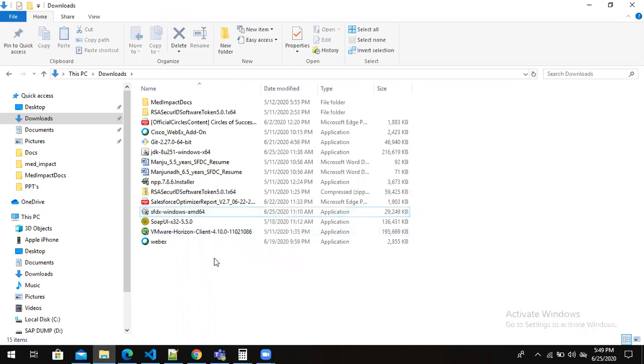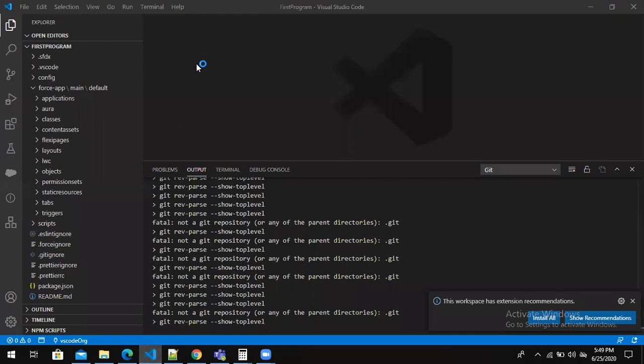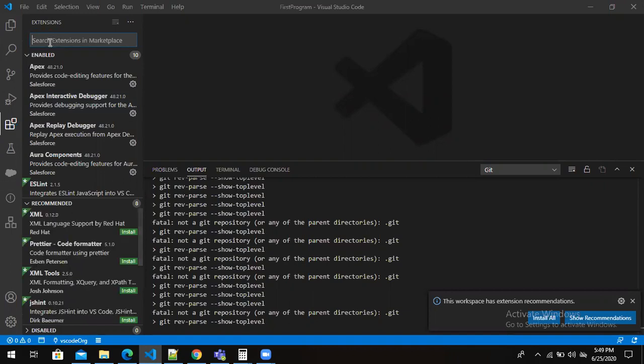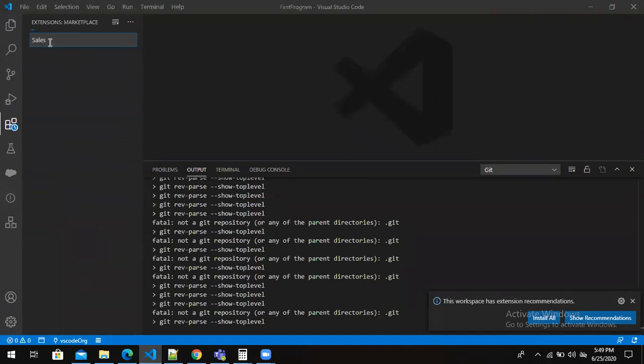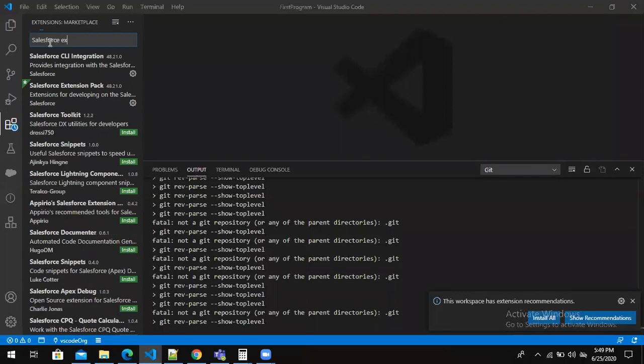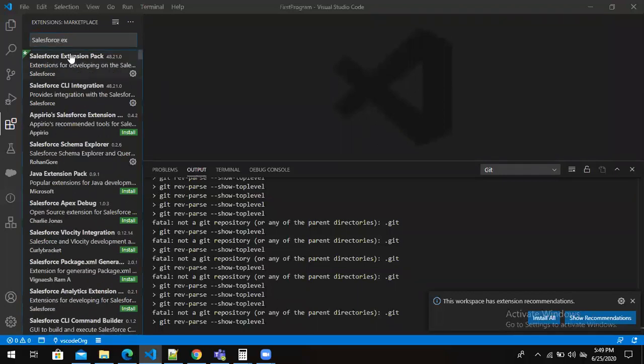Once the CLI is installed, the next step is to open your Visual Studio Code, and this is the tab where you can see the extensions. You have to install one extension called the Salesforce extension. Just type here Salesforce extension pack.